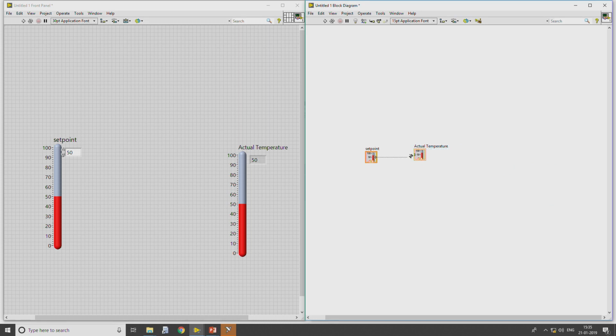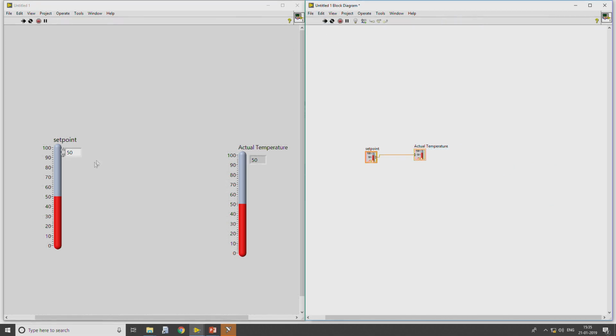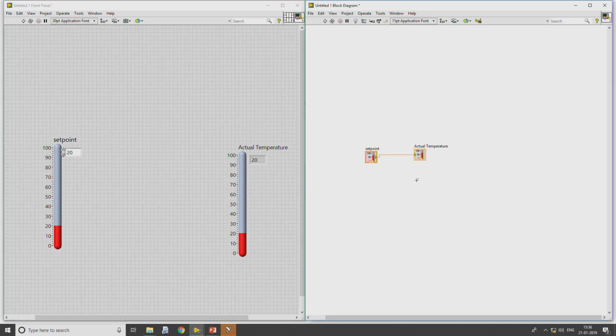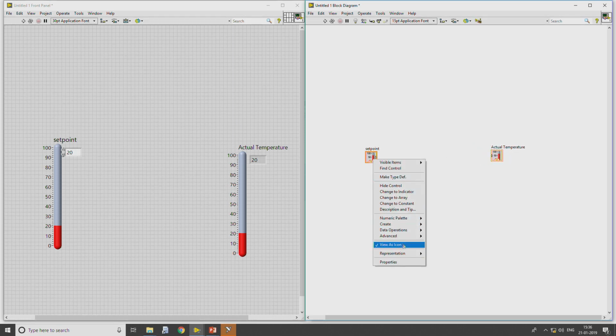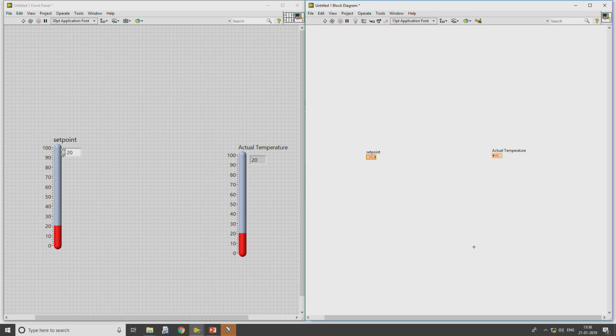Now, if I directly connect from here to here and run the process, we can see that, say for example 100, automatically the temperature on the indicator will also change. So, there is a difference between a control and an indicator. The user can change parameters only through a control, whereas an indicator can only display. But the intention was not to connect it directly here; our intention was to develop a logic algorithm which can monitor and control the temperature on the plant.